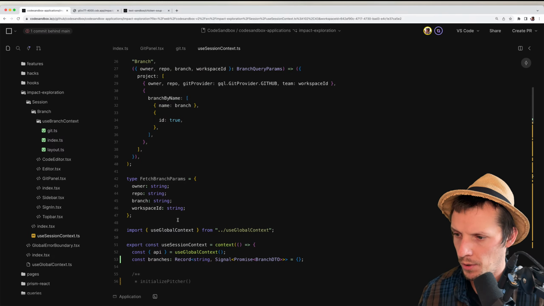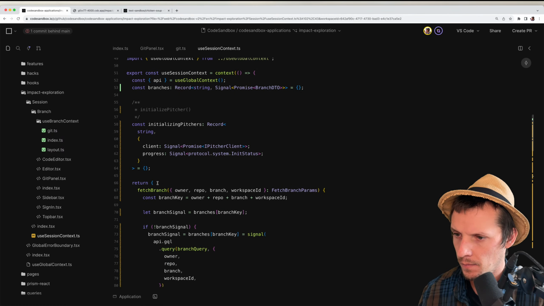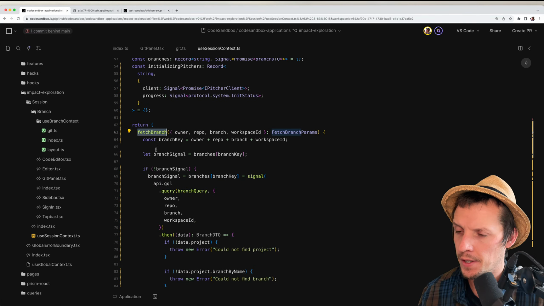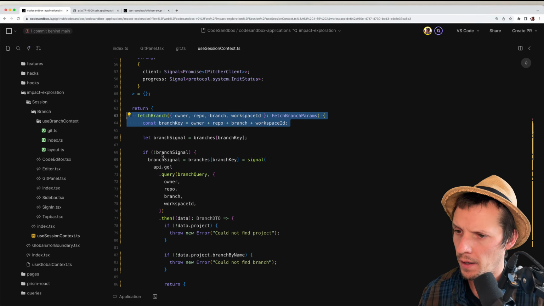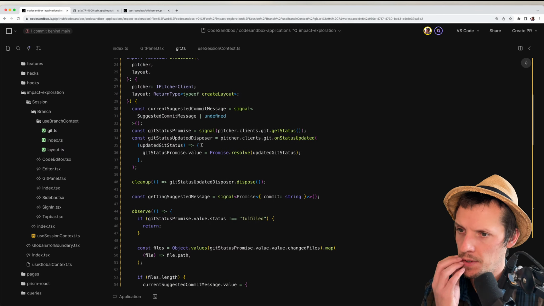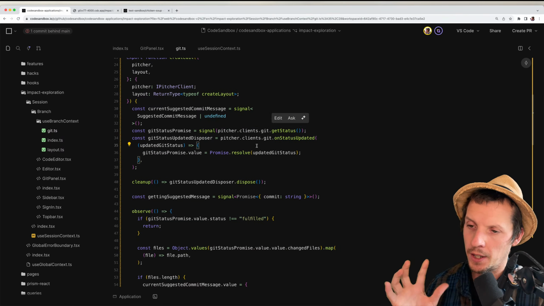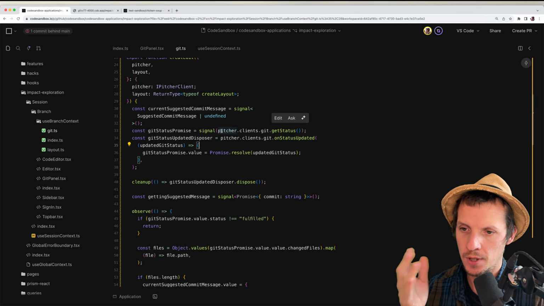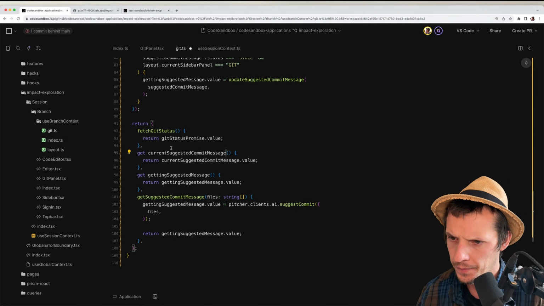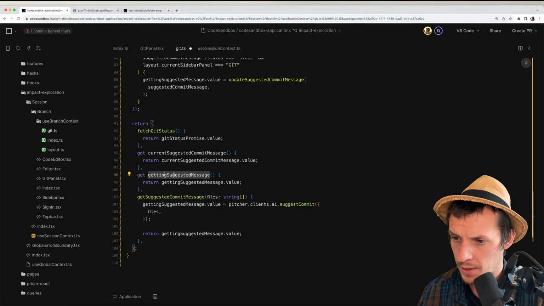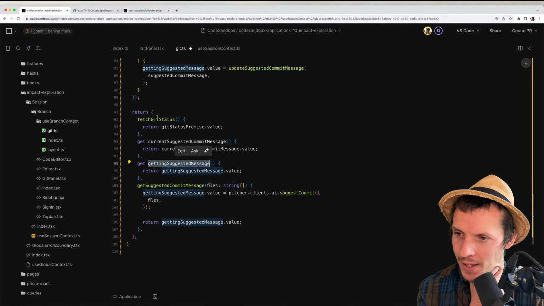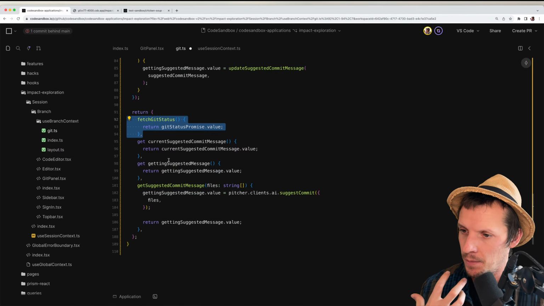That way we see what we're working with. Again, I can split this up as well. But the point is that when you fetch a branch, it's obvious that you're dealing with a promise and a fetching state. And we're doing the same here. Even though the get status promise is immediately triggered, because we're calling the method that produces the promise, we're still fetching the get status. And we have current suggested commit message, that's a synchronous value. And this is the interesting thing, because fetch get status makes a lot of sense because we're fetching the data, but then we have this